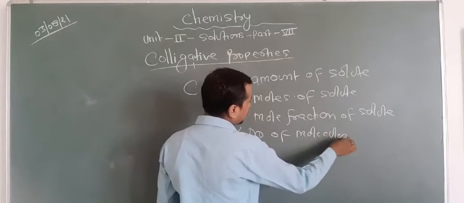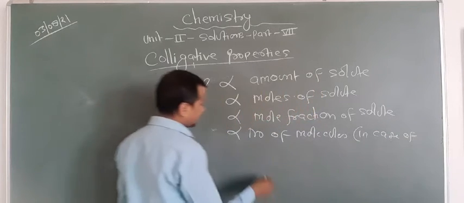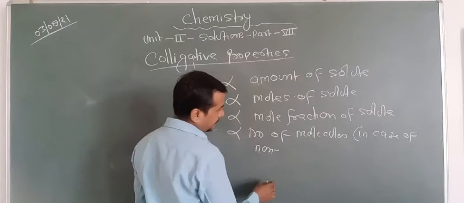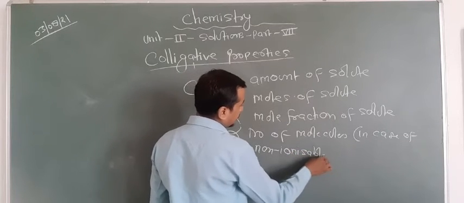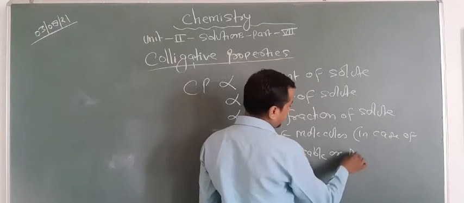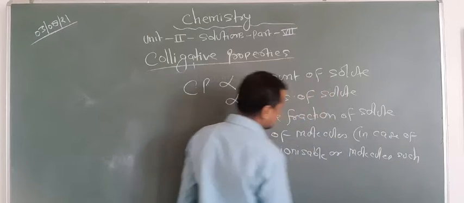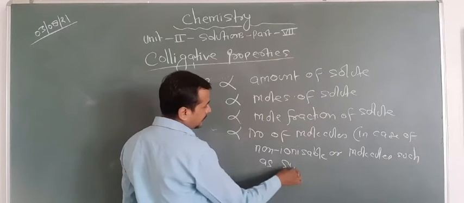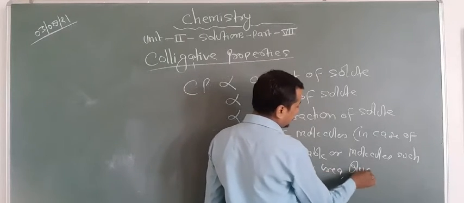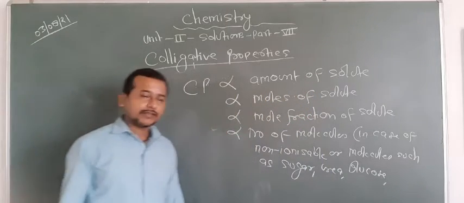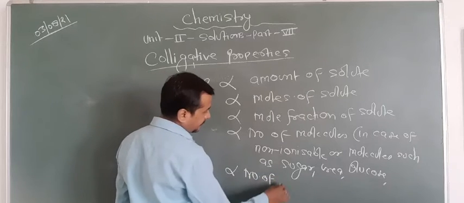Basically, in the case of non-ionizable molecules such as sugar, urea, glucose, etc. You can also say that the colligative property is directly proportional to the number of ions